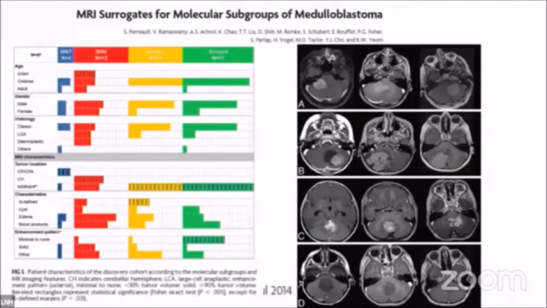If you look at the contrast enhancement, they enhance homogeneously. There is a solid enhancement. Around 80 to 90% of these sonic hedgehog type tumors would enhance. And if you look at the third one, this is the group 3 tumors. Group 3 tumors are usually in the midline, in the fourth ventricle, and they show patchy enhancement. And this is not a very regular enhancement. People are talking about rectangle shape, beveled things.